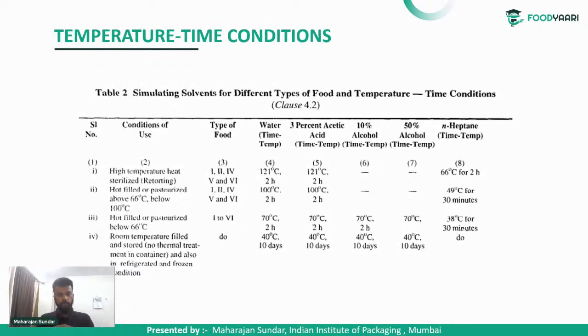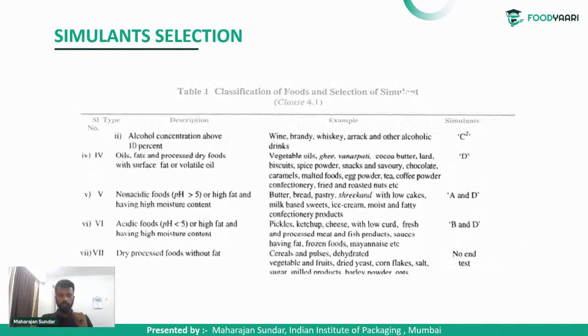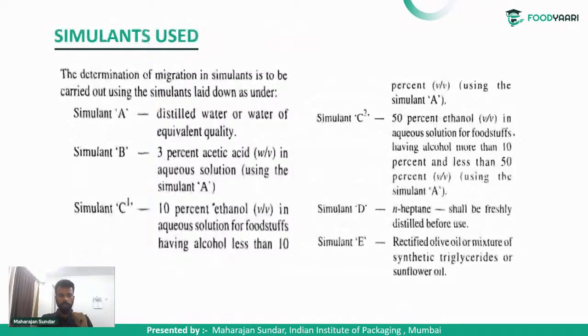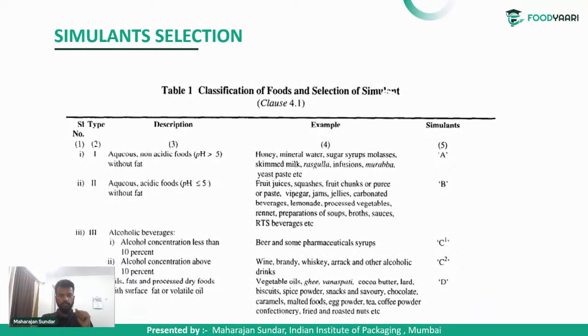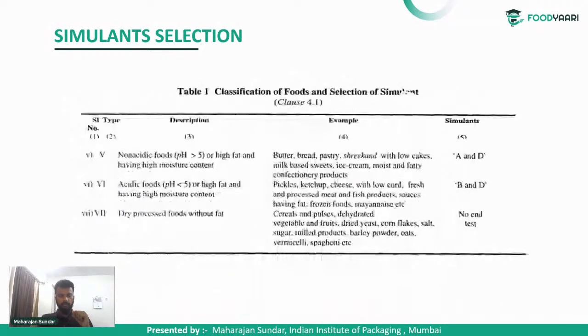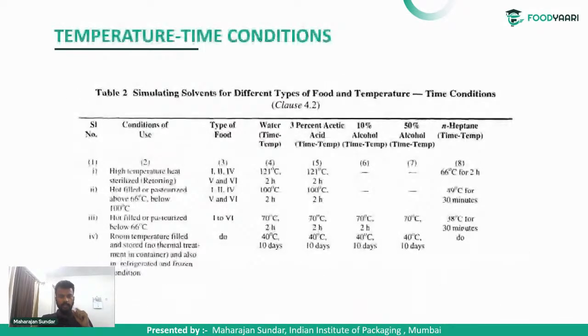Okay. For high temperature heat sterilizing retort, and if it is a type of food 1, 2, and 4, what is the type of food 1, 2, and 4? It is listed here: non-acidic foods, acidic foods, alcoholic beverages. So if the high temperature acidic foods, if it is about pH is greater than 5 or less than 5, in reference to the above table,